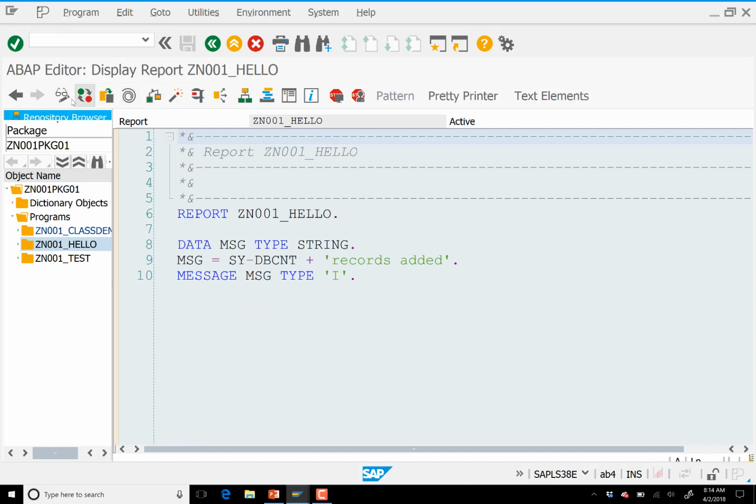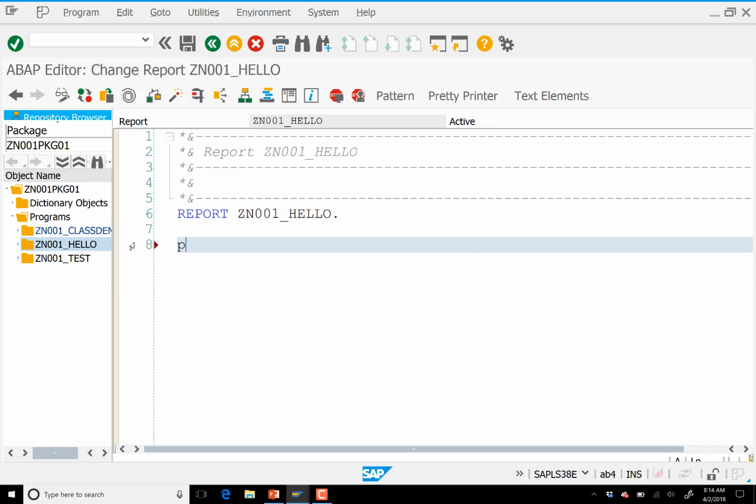But to your broader question about birthday, a much easier way to do it would have been to use a different data type. Because if you do parameters bday type D,